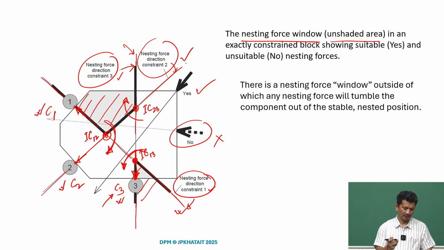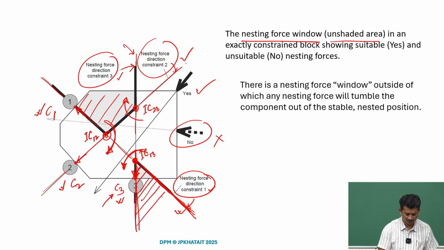And slowly if we start going from these points and go along this line, we realize that any force coming in this one will not comply with the IC13 requirement, same with this one. So, it is a shaded region, the force should not pass through